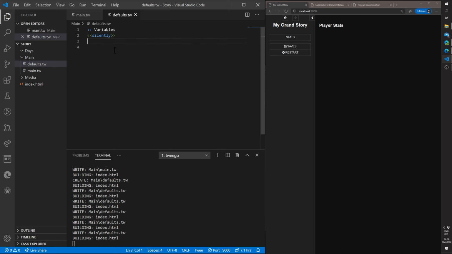And because I'm using silently, this is basically saying that you don't want to use any spacing or any text which is written inside silently, and this is only meant to be stored. You simply set the values and change the values inside silently. It's not meant to be shown anything. And inside these variables,